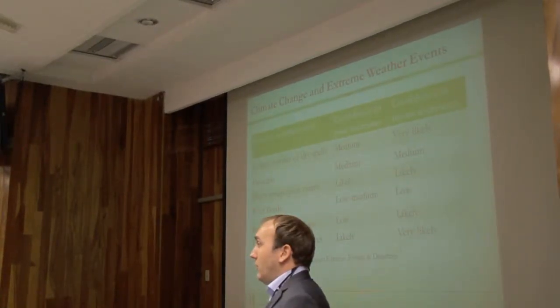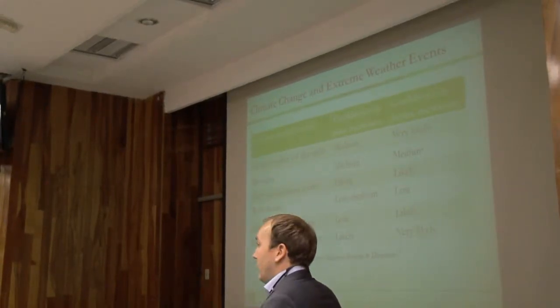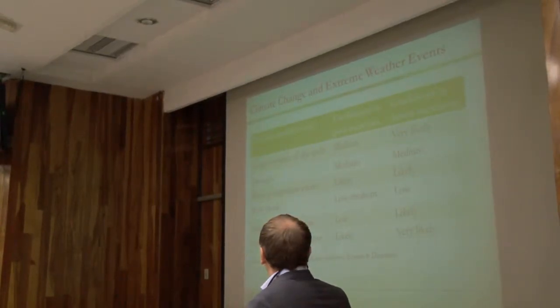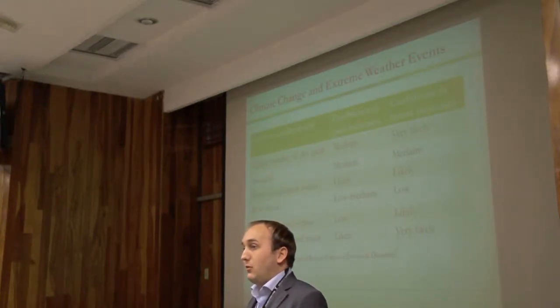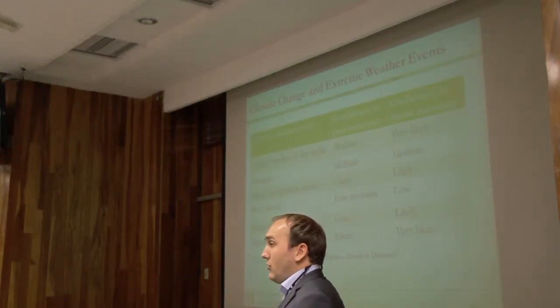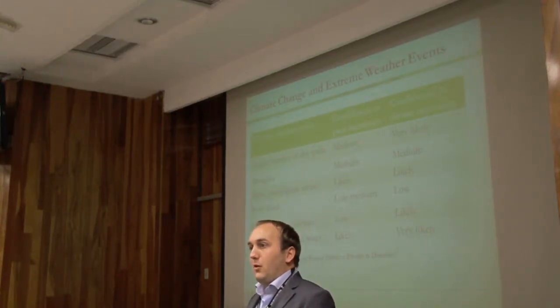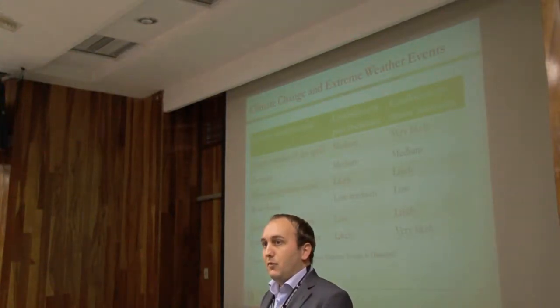For example, if you look at the length and number of dry spells, there's some medium confidence that this has already increased in the past. It is quite likely that in the future, because of climate change, such dry spells could occur more often. The same goes for droughts. Droughts are a very local phenomenon, so there's only medium confidence that these types of risks will